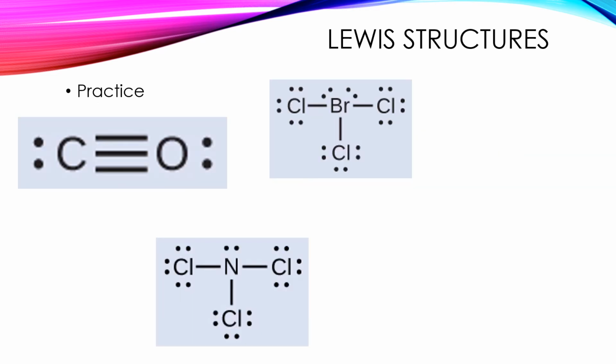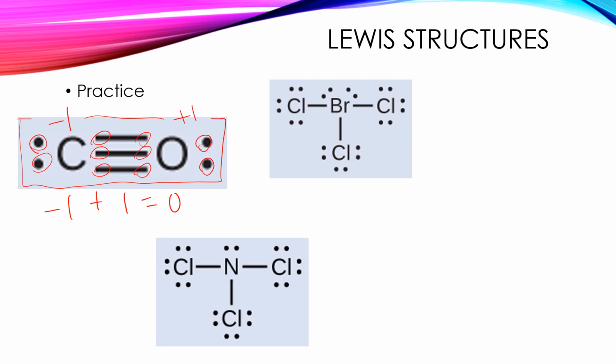So let's do some practice. All right, so carbon normally has 4 valence electrons. Here it has 1, 2, 3, 4, 5. So the formal charge for this carbon is -1. Oxygen normally has 6 valence electrons. Here it has 1, 2, 3, 4, 5. So it has a +1 formal charge. Now notice that this whole molecule is neutral, and so my formal charges would need to add up to 0,